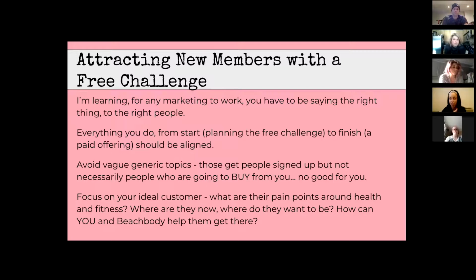I figured out who I need to talk to, and it started with everything that I do from the beginning of planning each challenge each month needing to be aligned with where I'm going. So it needs to be aligned with my paid offering at the end. So I kind of reverse engineer. I take, okay, what is my challenge group going to be for March? And then I reverse engineer to come up with a 5-day glimpse or an appetizer into what that bigger challenge group is going to be.